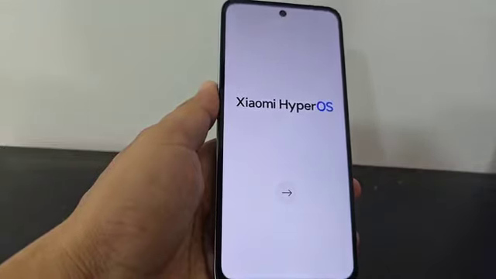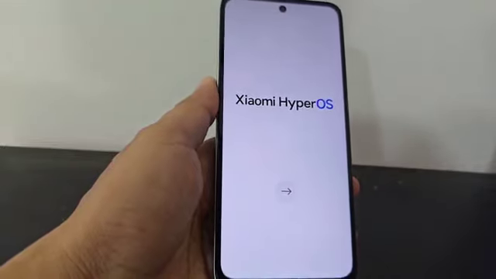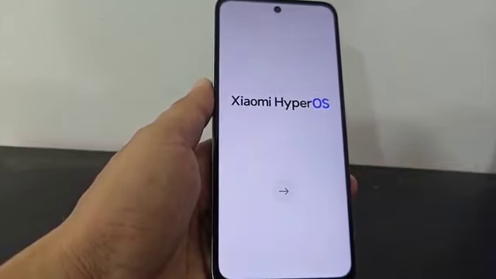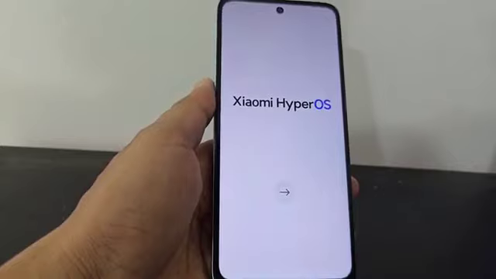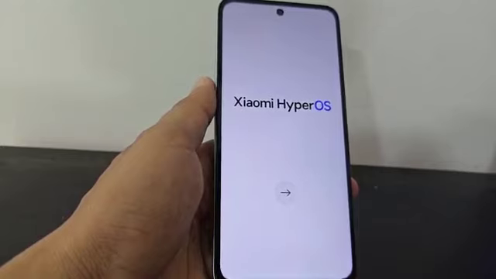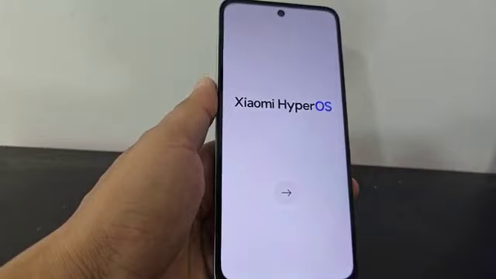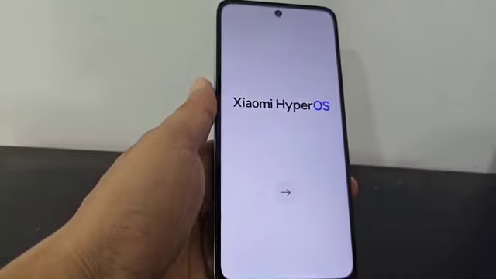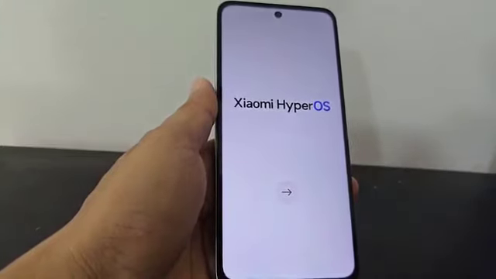Okay, today we're going to use a second, different method to recover our device, like in the previous video. In this one we're not going to use Settings, we're not going to use that app, and we're not going to use the App Manager application to recover our device. This video tutorial is totally different, that's why we recommend you watch it step by